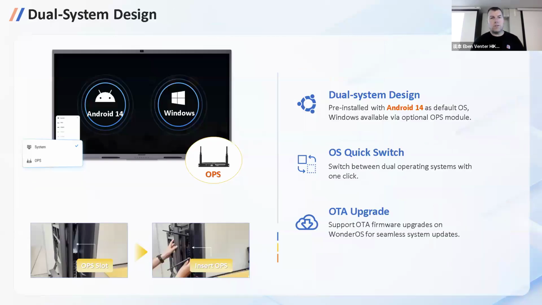Okay. Dual system design. So like I mentioned, from Android to Windows, it gives you that capability. Wonderful system. It's quick, easy to swap around. As I mentioned, all you do is take the device and slide it in, and then you turn it on. And I mean, that's it. It's that simple, that easy. Last little bit,